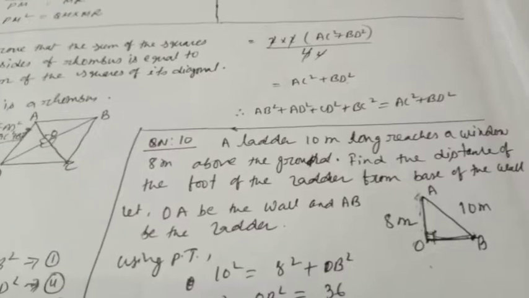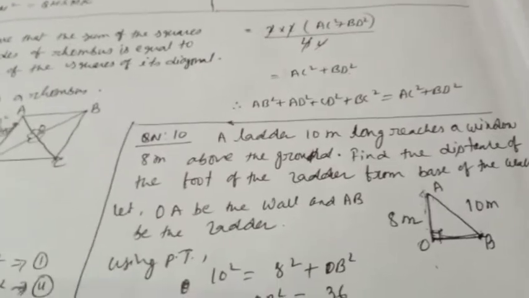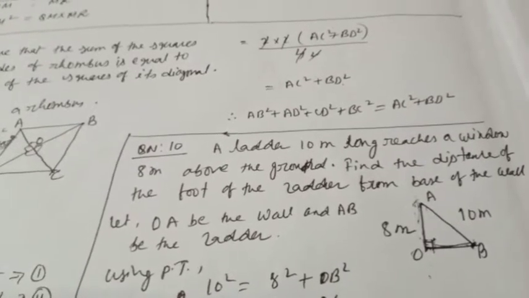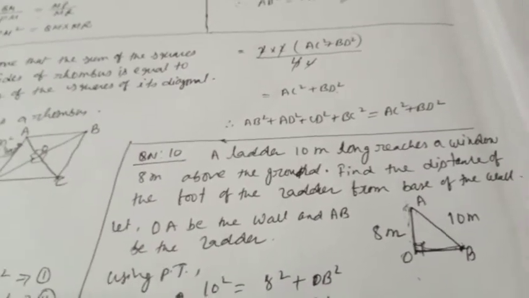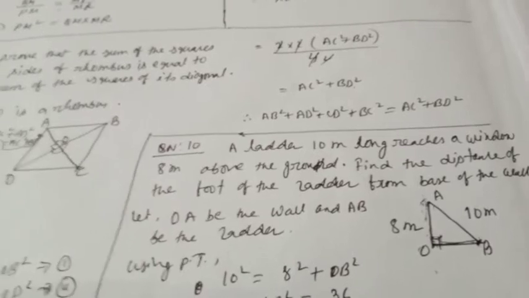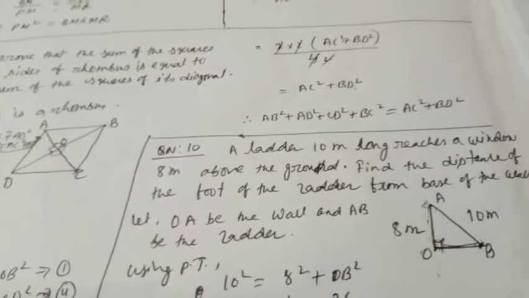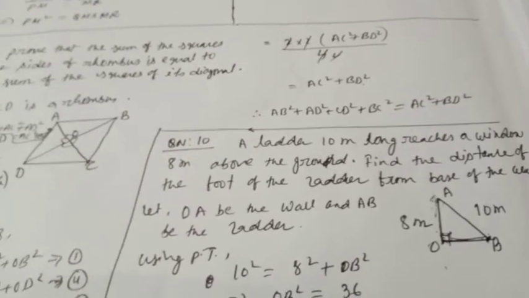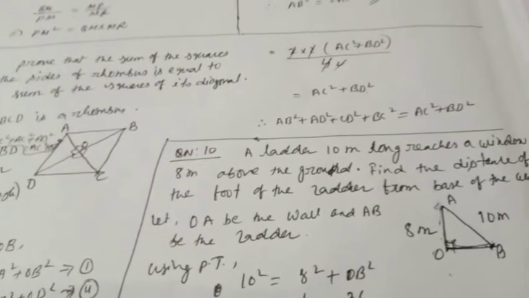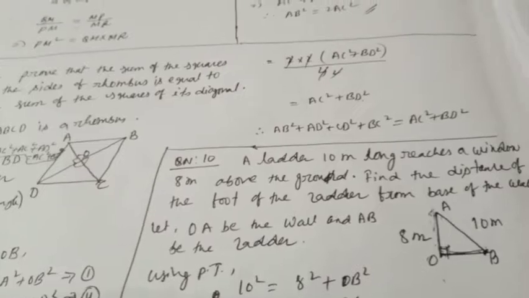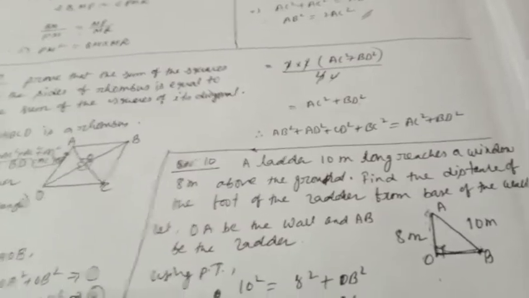Understood? Don't try just 1 or 2 times, try more than 2 times. First time maybe you will fail, then try a second time, then a third time. Because I already told you, you only have to use Pythagoras theorem. Pythagoras theorem is hypotenuse square equals base square plus perpendicular square, and it has been used since class 6 or 7. Yes or no? You only have to use some techniques to get the relation given in the question. If after that you are still getting problems, then I am here, you can ask me.